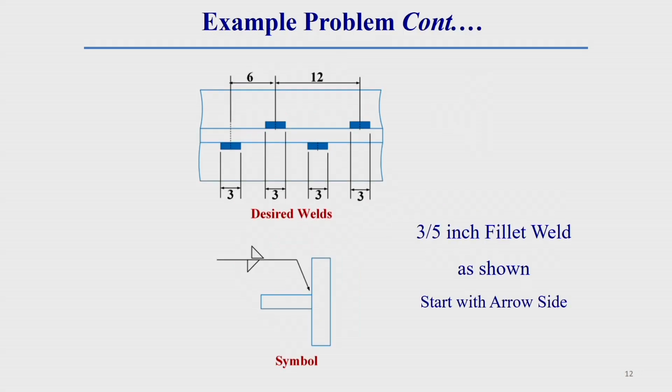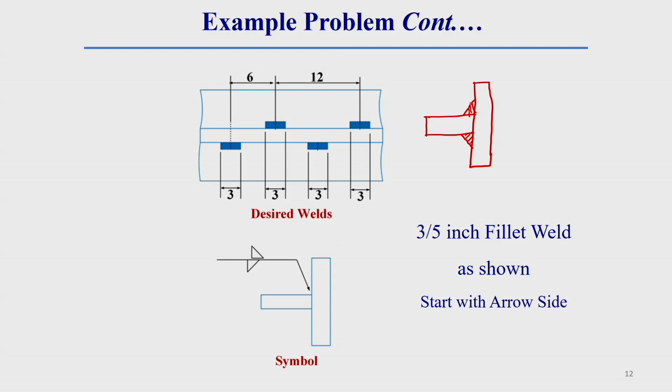Let us look at another example. Just see here: on both sides we did fillet welding, but one weld starts a little bit ahead of the bottom side's first weld. This is also a type of fillet weld. If we see the side view of this, here also we did some fillet welding, on this side and this side.